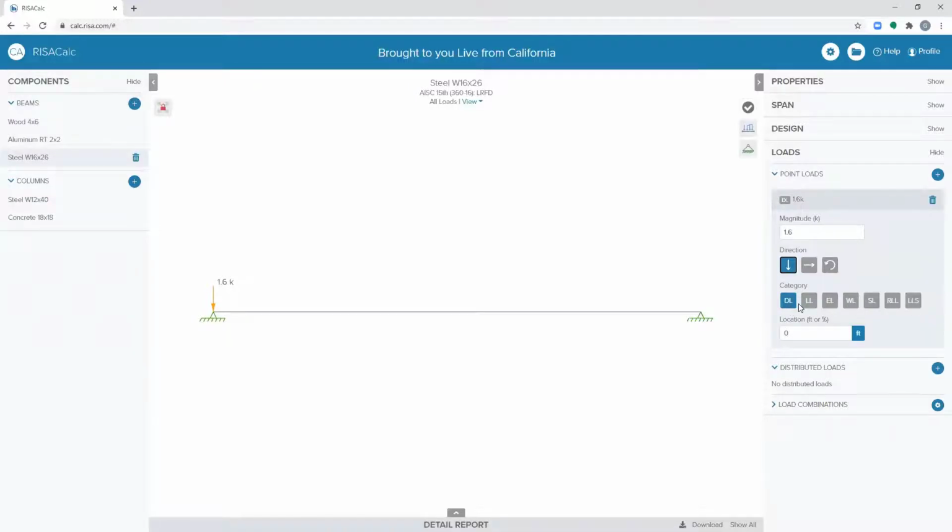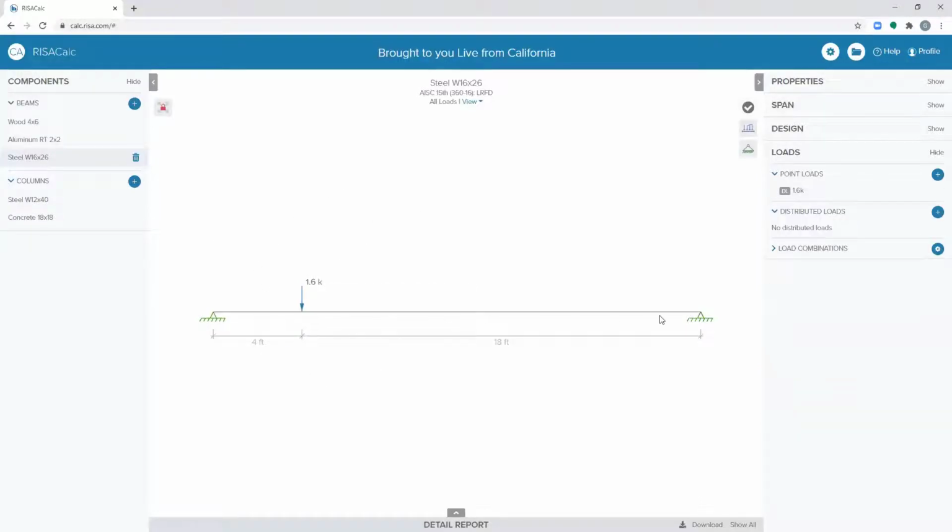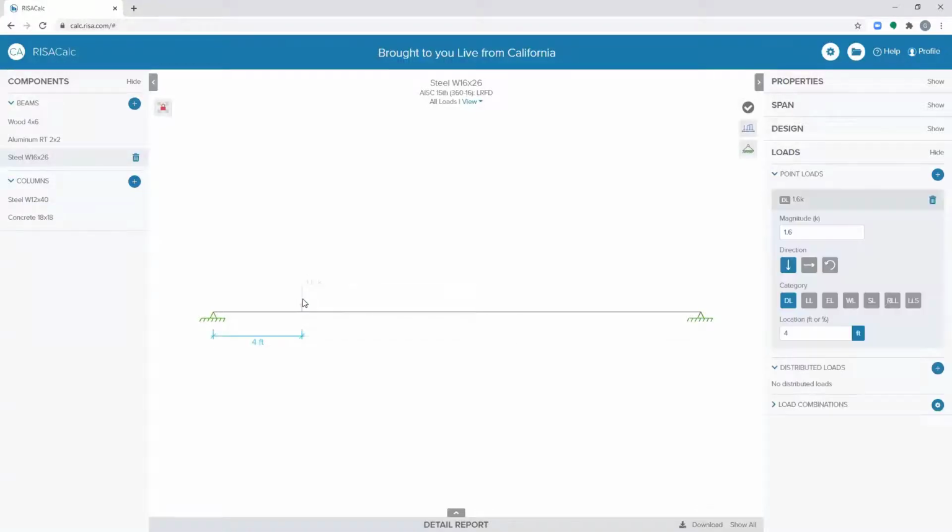Currently, we have dead load, live load, earthquake load, and some other ones that you can choose from. And then, of course, you can set up your location. If I choose my location right now, let's say I want 4 feet, you can see that the graphic on screen promptly updates live right as you are entering the parameters on the right-hand side. So if I click out and I'm looking at my beam, I see I have a load here at 4 feet in, and then I can click on this and notice that I can change this location just by clicking on it and selecting it there.